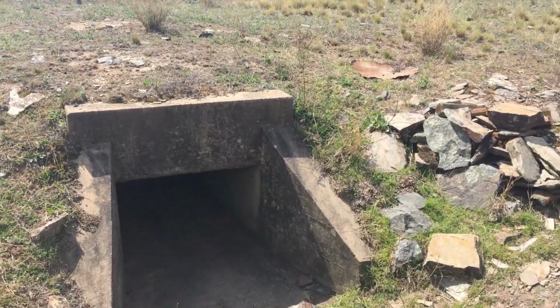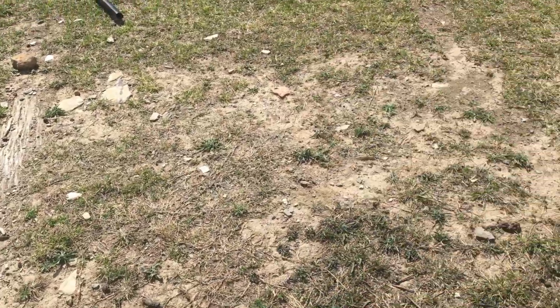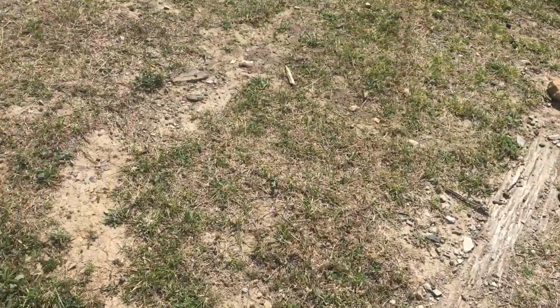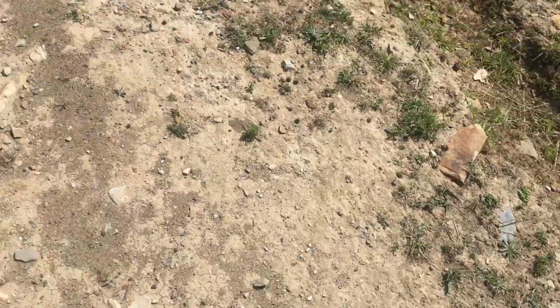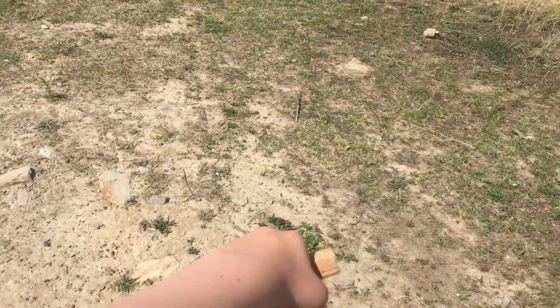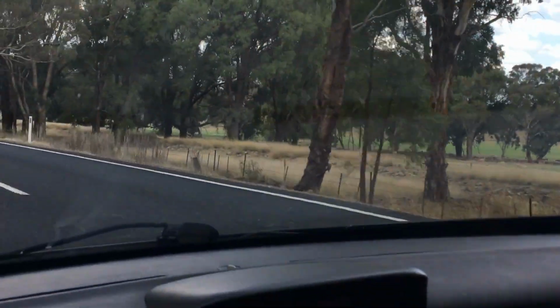We also have, on the Gulgong side of the tunnel, a good old culvert. And here, you can see a railway tie. And there's another one here. Kind of hard to see, but they are there. Probably remains of a third one along here. Right over there, the track rejoins